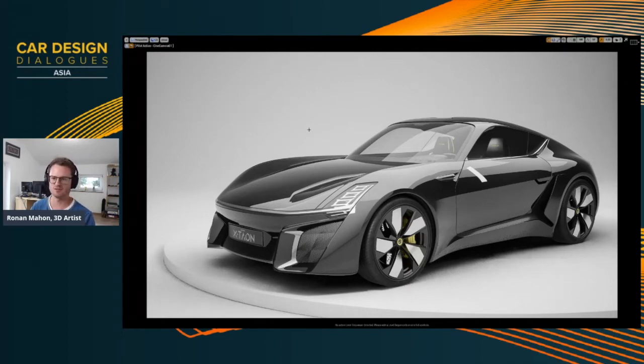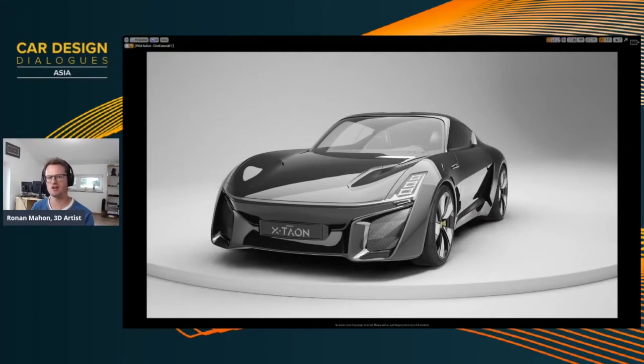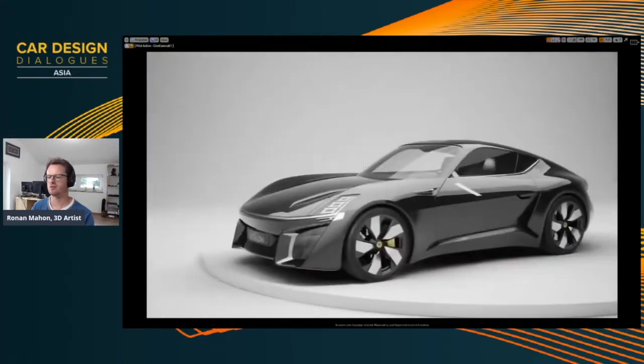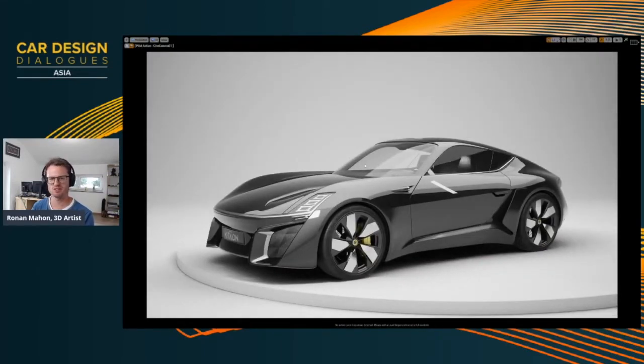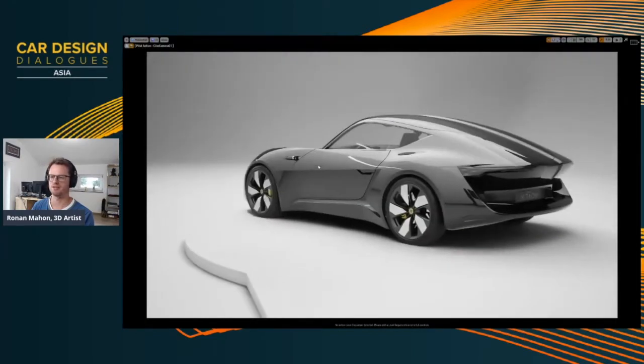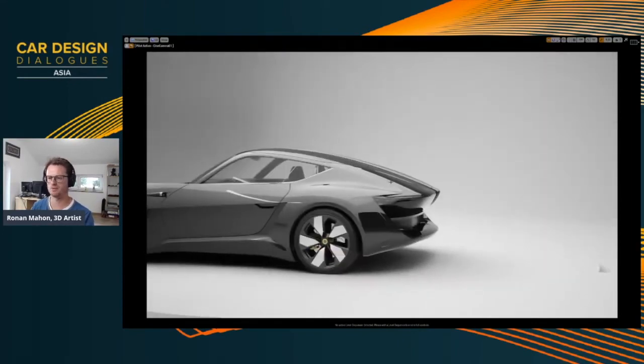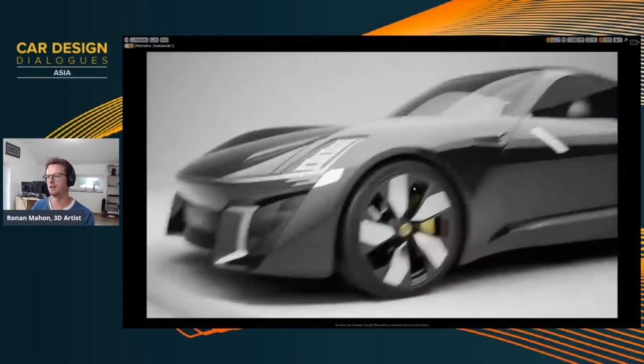So here we are in Unreal Engine 4. The car itself is about 4.5 million triangles, and there are probably about 40 materials on this asset at the moment. This scene, as I'm controlling it here, is fully real time using ray traced reflections and GI.